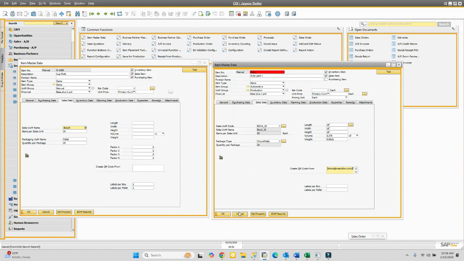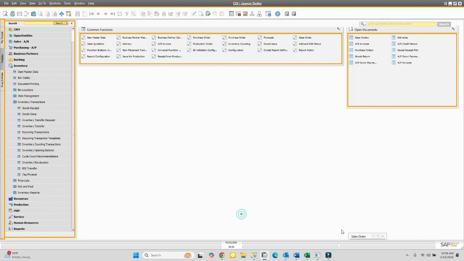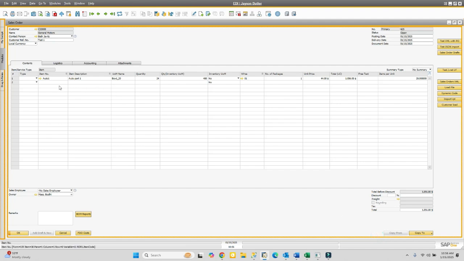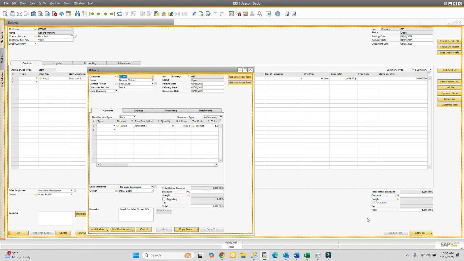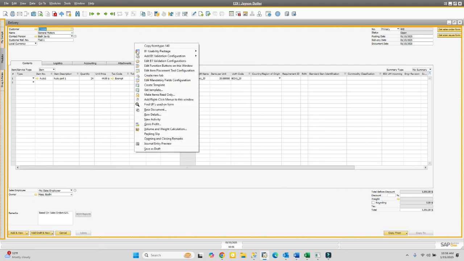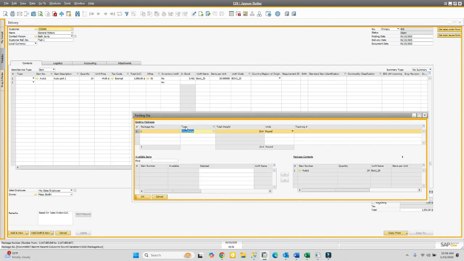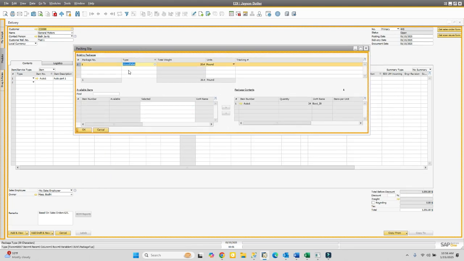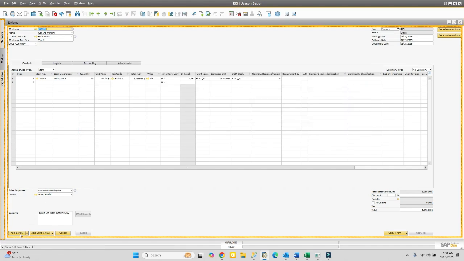Let's also find out now what happens if I sell this part. And I've got a sales order right here. The sales order is for an Auto 1 part, a box of 20, 24 boxes. And let's copy that to a delivery. And now let's just look at the packing slip here. Here, the packing slip's already filled in. The wood pallet is there. The Auto 1 is already there. So once I save this delivery order,